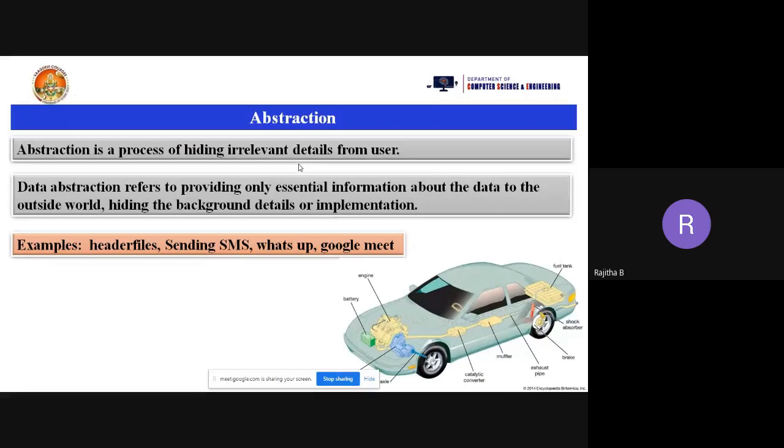Like WhatsApp also, we are sending a file or a picture or video from one mobile to the other mobile. But how this video goes to the other mobile, what is the implementation part? Don't bother about that. We are hiding the implementation part of WhatsApp. We are not taking the step-by-step procedure. The video is going from one mobile to the other mobile. Simply we are using the built-in apps, and using them we can forward the message from one mobile to the other mobile.